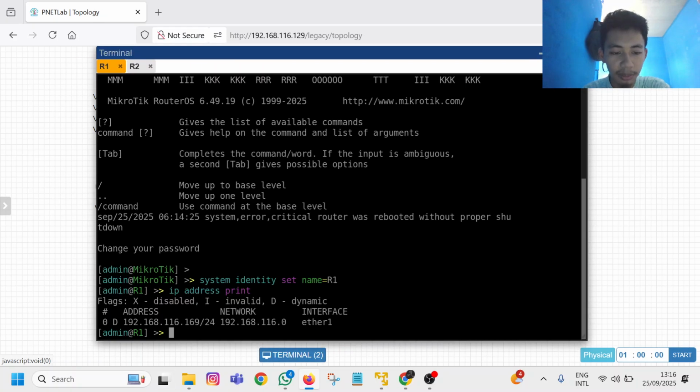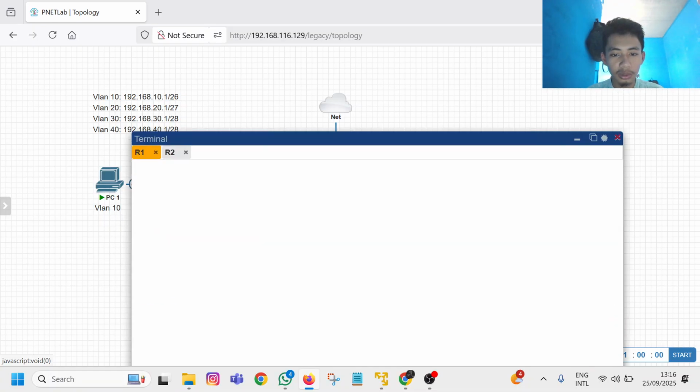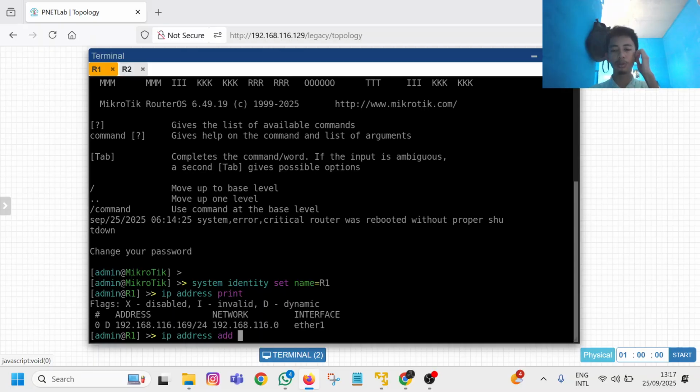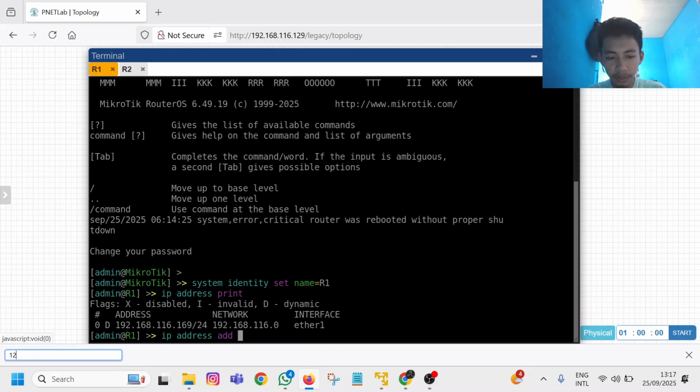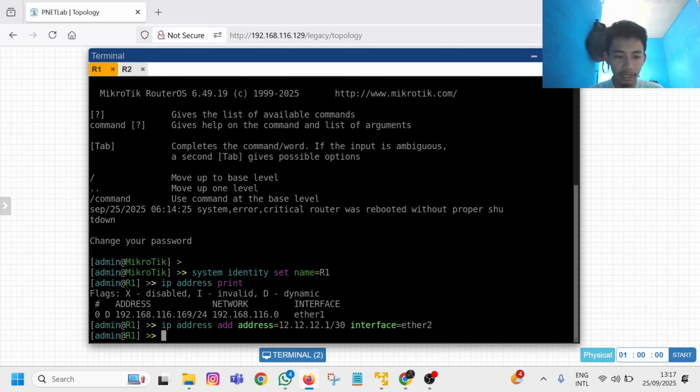Now I'm gonna add a new address for the ether so on this router 1, because we need to connect to the router to get the internet, at address 12.1/30 and at interface, okay, get.